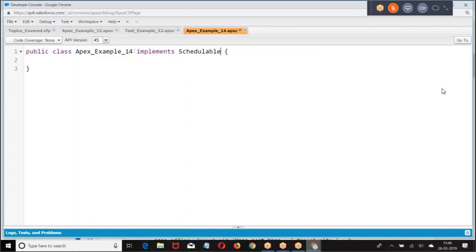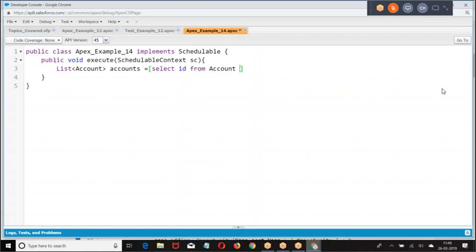Implements Schedulable, public void execute. My requirement is to get all the account records which are created today, and delete them.